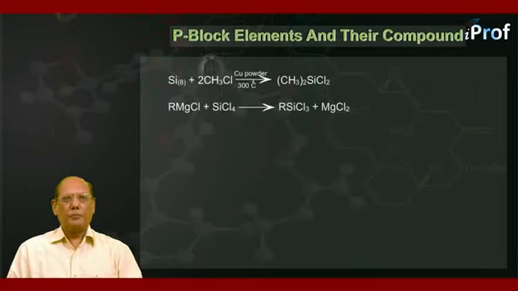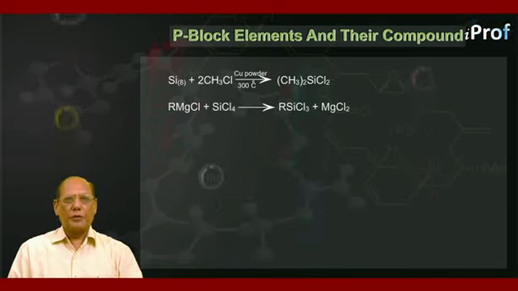Si solid plus 2CH3Cl in presence of copper powder as catalyst at 300 degrees Celsius. The product is (CH3)2SiCl2. The other reactions are